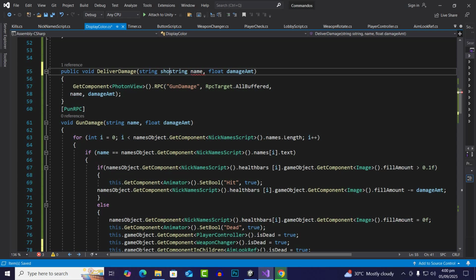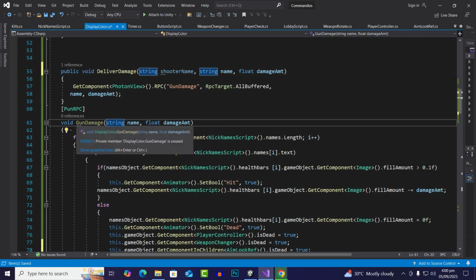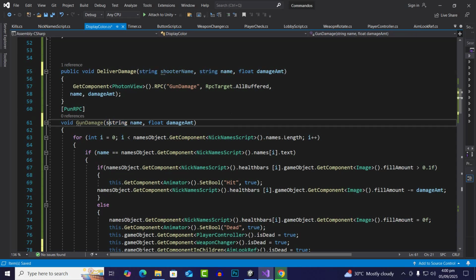So one more string is now added here, and definitely this string name we will add it in the on RPC shooter name as well. So string shooterName,